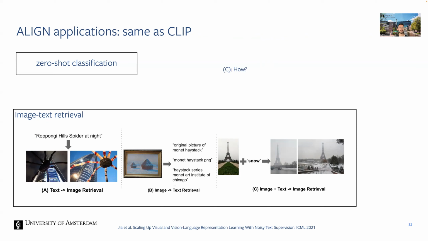And how is this done? What you do is you get the vector of this image via the image encoder. You get this other vector of the word snow via the text encoder. And then you simply add these two vectors up. And then you find the images that are nearest in your database. So you've embedded all of your images in your database via the vision encoder, and then you simply get the nearest ones out. And likely this is something that Clip can also do because it's trained in the same way.